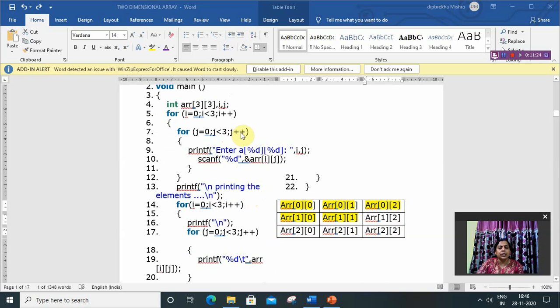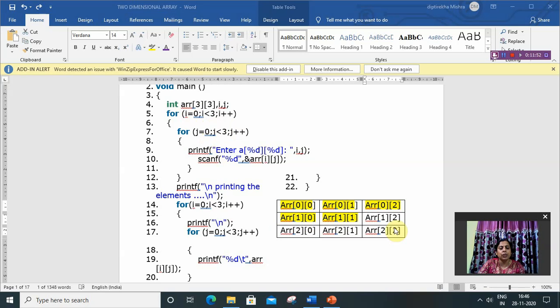After j becomes 3, the loop will be false and it will go to the outer loop, so i will be 1. Then for i equal to 1, again j will execute 3 times: a[1][0], then a[1][1], then a[1][2].